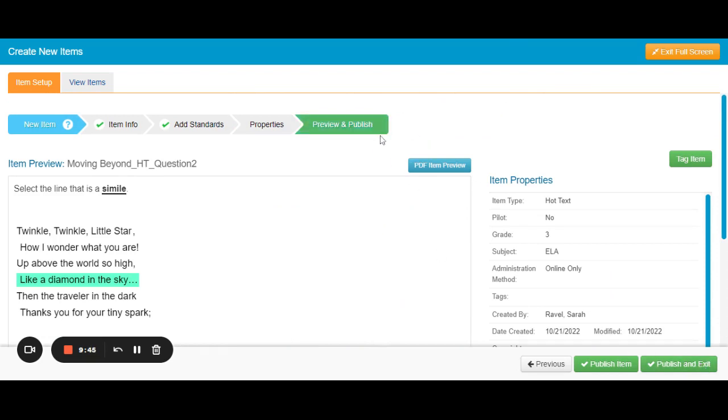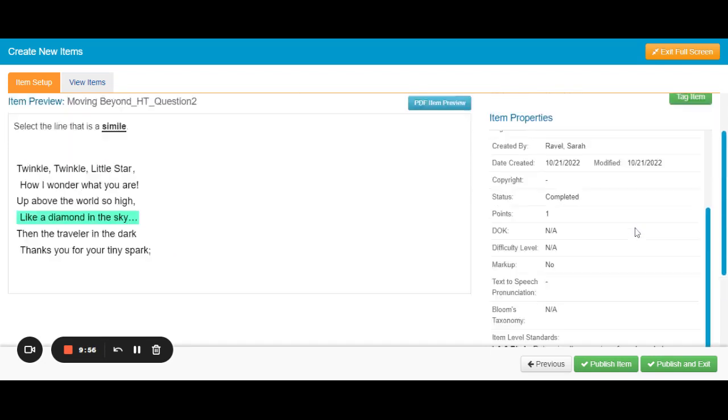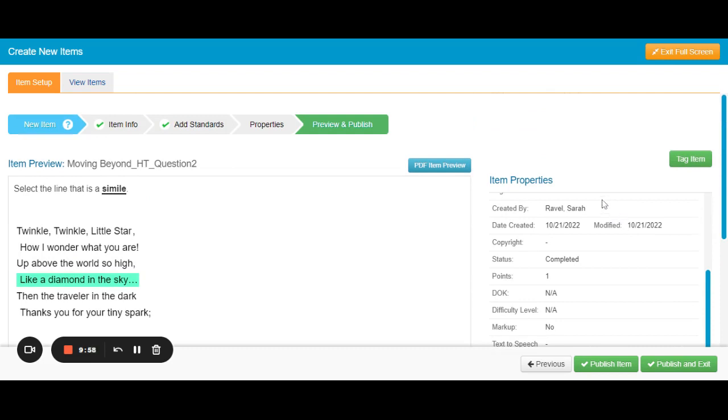Now is the Preview and Publish tab. This allows me to take a look at the item. It allows me to check the properties. Did I put in the subject? Did I put in the grade? Did I tie it to a standard? That all looks good. I'm going to go ahead and